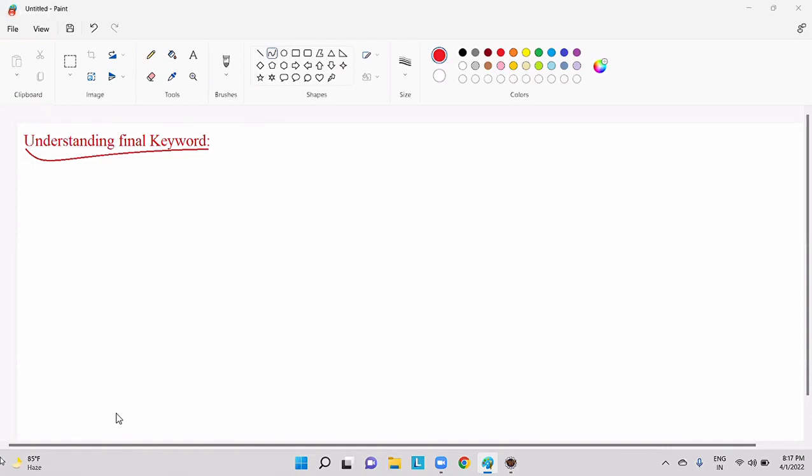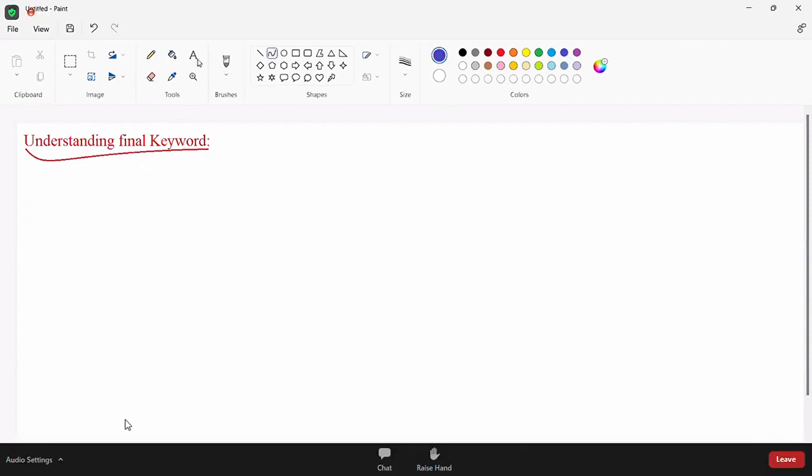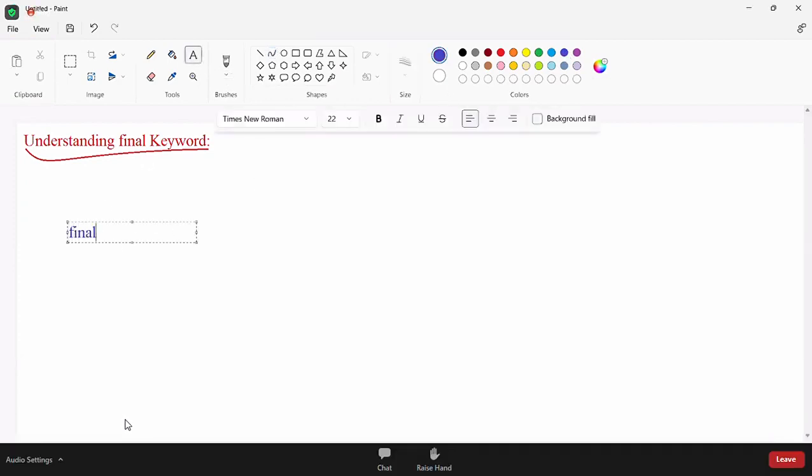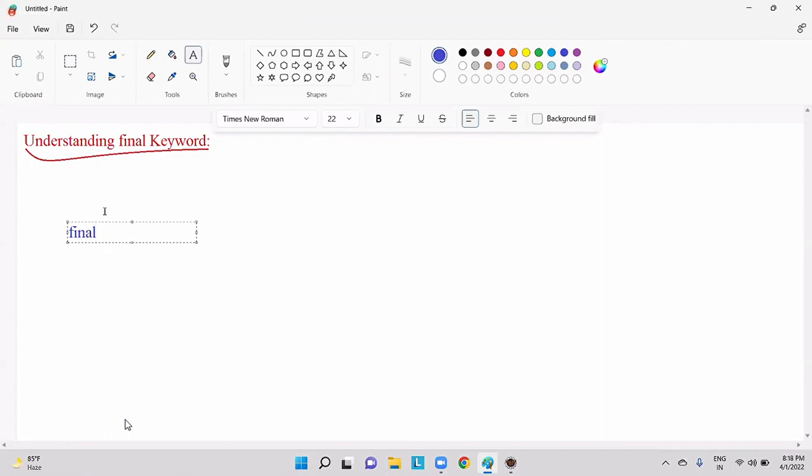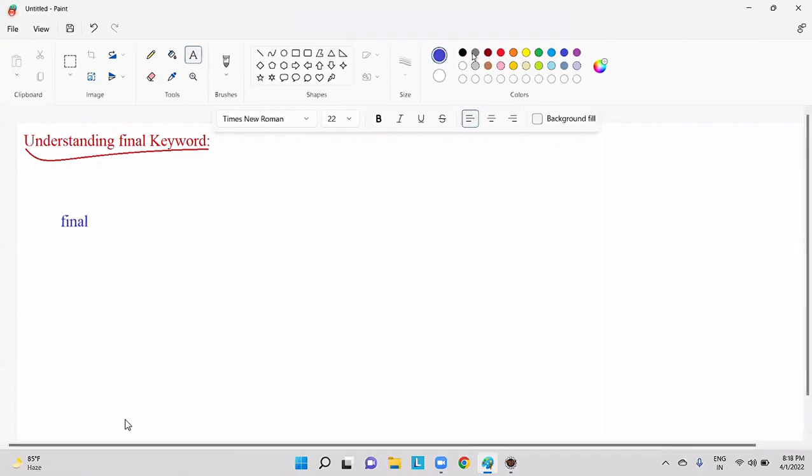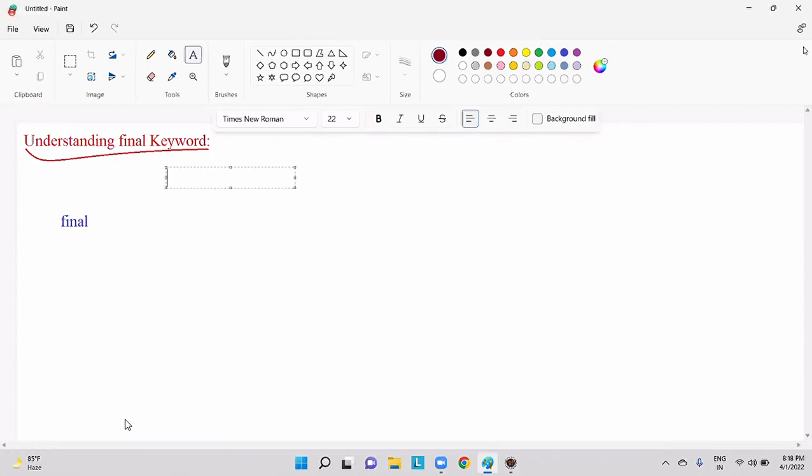A variable can be declared as static, a method can be declared as static, and a block can be declared as static. Just like that, we can use final in three ways too. What are those? The first one is a variable: a variable can be declared as final.